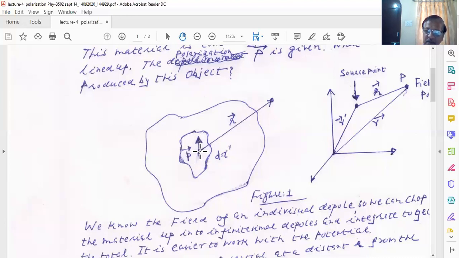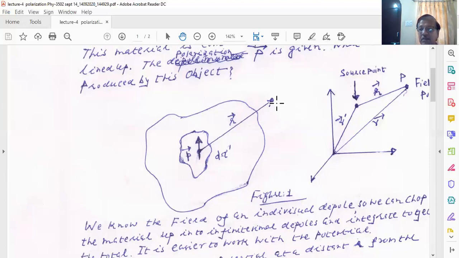And I define a vector r. You see this vector r, right? The field coordinate, I would say. Your point P is at a distance r meter away from the center of the dipole. So first of all, to find the field at the point, I will first calculate the field because of one dipole. You see, this is a dipole, and we have calculated the field at this point.